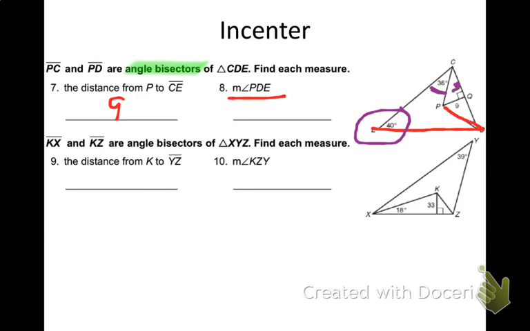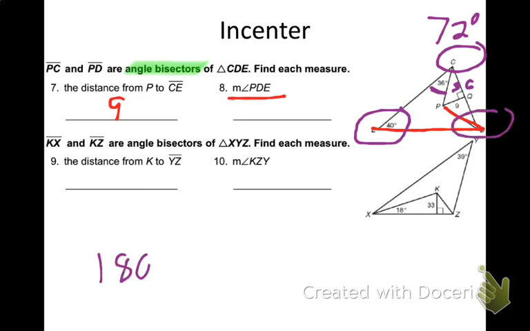36. Which means angle C is actually going to be? So how can I find angle D over here then? So 180 minus 40 minus 72. 180 minus 40 is 140. 140 minus 72 is